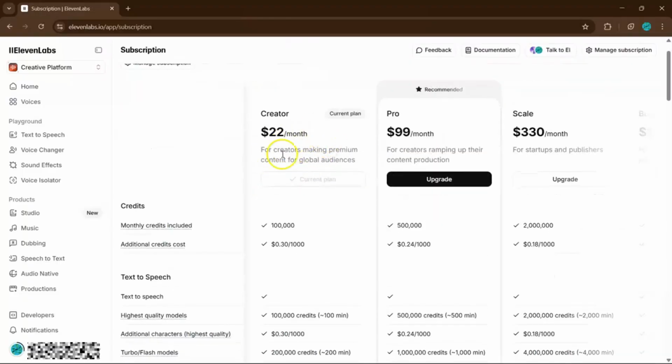Before we get started, keep in mind that you'll need at least the Creator plan to access the voice cloning feature on ElevenLabs. So if you haven't already, make sure you've upgraded to that plan to take full advantage of